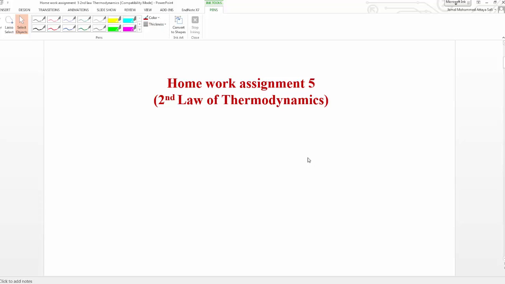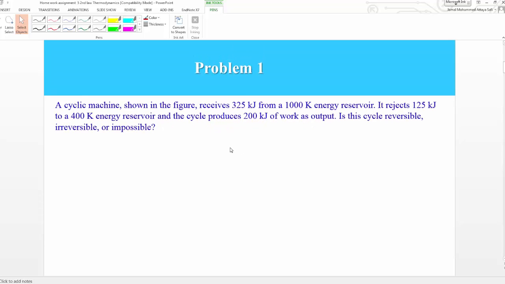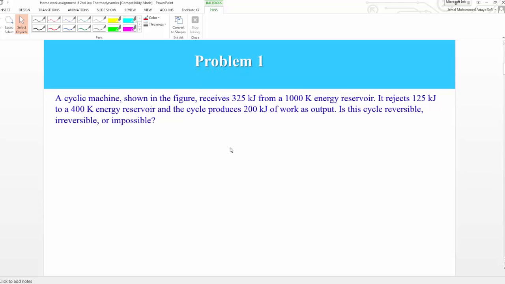Okay, let's start with homework assignment number 5, the second law of thermodynamics. Problem number 1 gives me a cyclic machine, shown on the figure. I can draw the figure. The figure tells me that I have